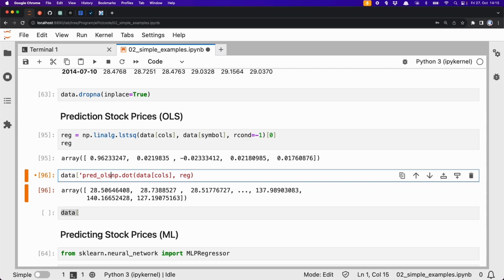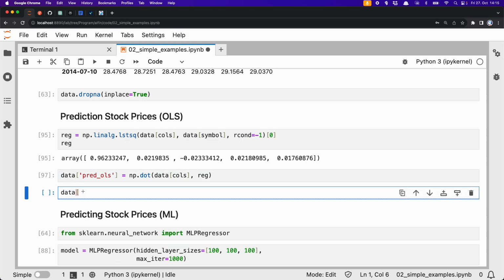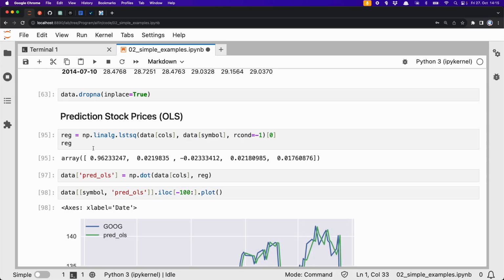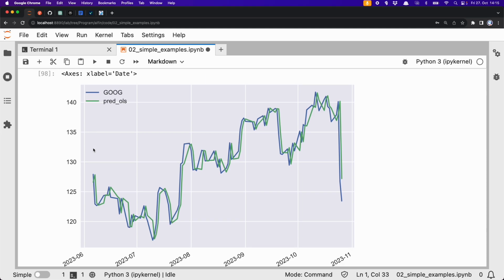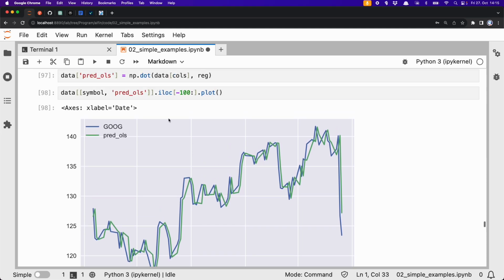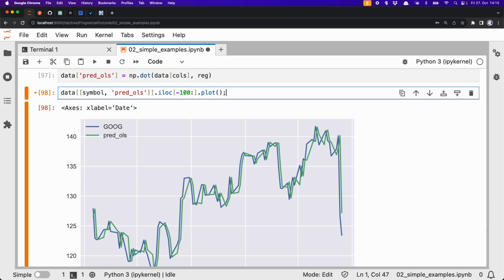pret, I changed the name here, OLS, and store this in pret OLS, and then we can plot symbol and pret OLS. But I go now here already with ilog 100. Right. And this looks more or less the same, but now compared to our MLP regressor with 3 hidden